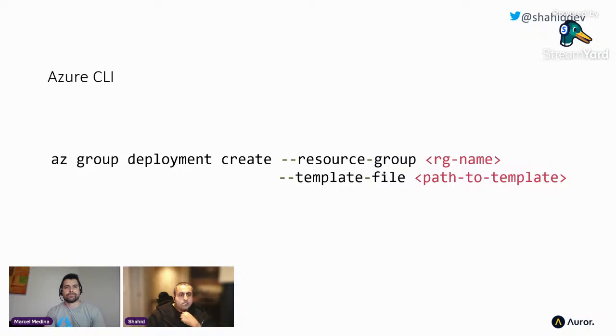And what I can do is create this deployment by giving it that template file that I've just defined. And the nice thing with this is it's now consistent, because as long as that file isn't being changed randomly, that file is the same. I will run it. I should get the same result, and that's great. We're getting some consistency. If I want to run this file multiple times, I can do that, and it should be broadly the same result. So we're getting some consistency there. But you saw the fact that there was a lot of stuff there for creating one storage account.